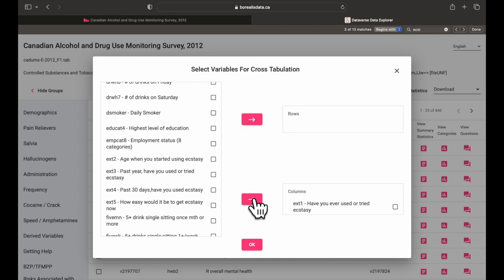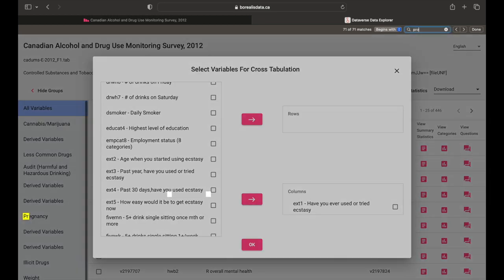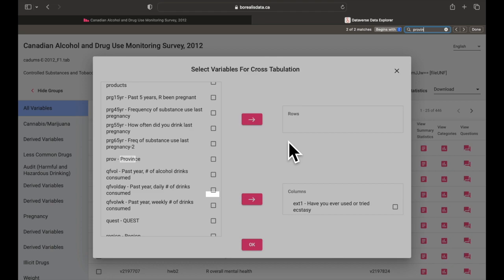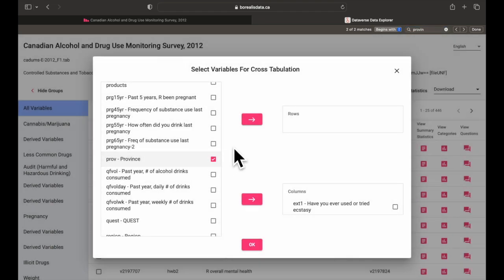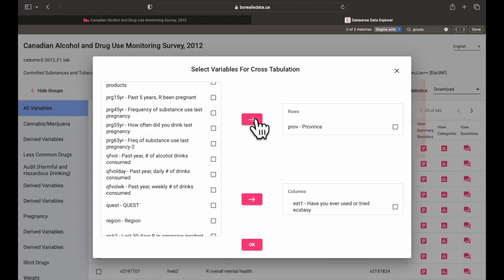Let's add the province variable to our row, the same way we did for our ecstasy use variable, by searching for it by pressing Command F, typing in province, and finding the variable. We can select the variable by clicking the box to the right of the variable label, but this time clicking the arrow next to rows to assign it to our row column. At this moment, our crosstab in progress compares has the respondent ever used or tried ecstasy, filtered by the respondent's